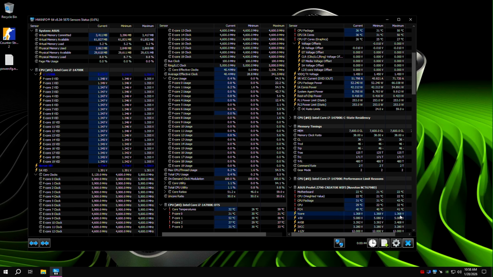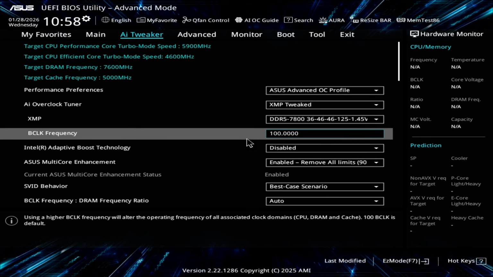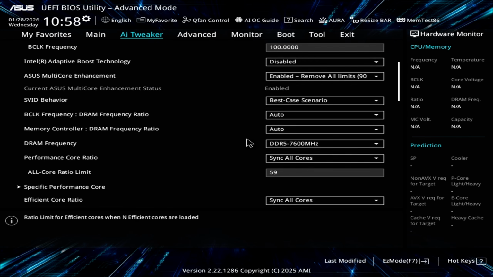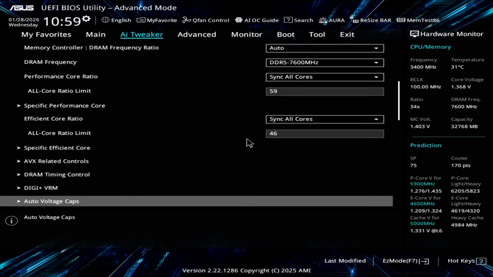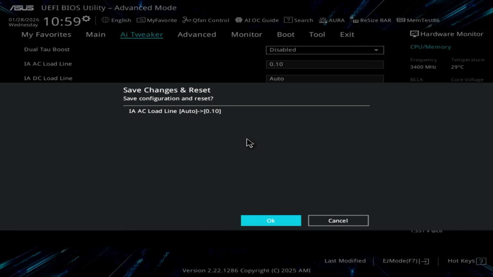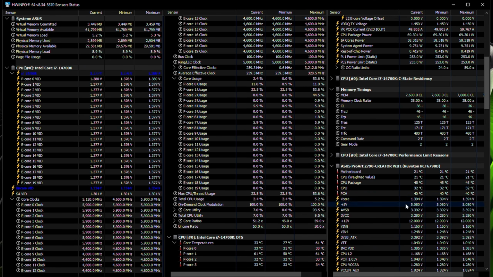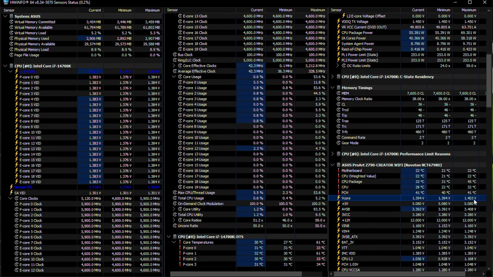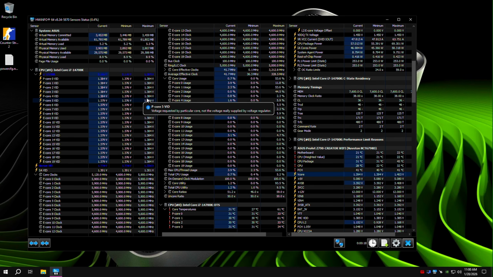So how can we go a little bit higher than that? Now we need to add manual load lines. 0.1 on the AC load line should be around 30 millivolts. And I know if I do this it should have 30 millivolt. I think it's gonna try above 1.4, but since we put a limit at 1.4, the vCore should be around 1.4, under it. Okay, you see? We see now 1.4 and here around 1.4.